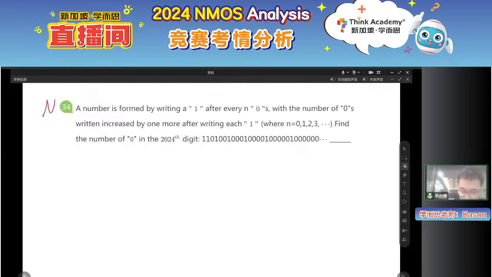So the logic to solve this one is that in the first 2024 digits of the 110100 sequence, the first thing we should count is how many ones are there. So it's just how many numbers. We know that the first number is 1. It takes 1 place, 2 places, 3 places, 4 places, right? So for each one, the number that comes after it is an arithmetic sequence starting from 1. Now the estimation is quite classic because we know that 1 to 63 sums to 2016, which means, right, for the first